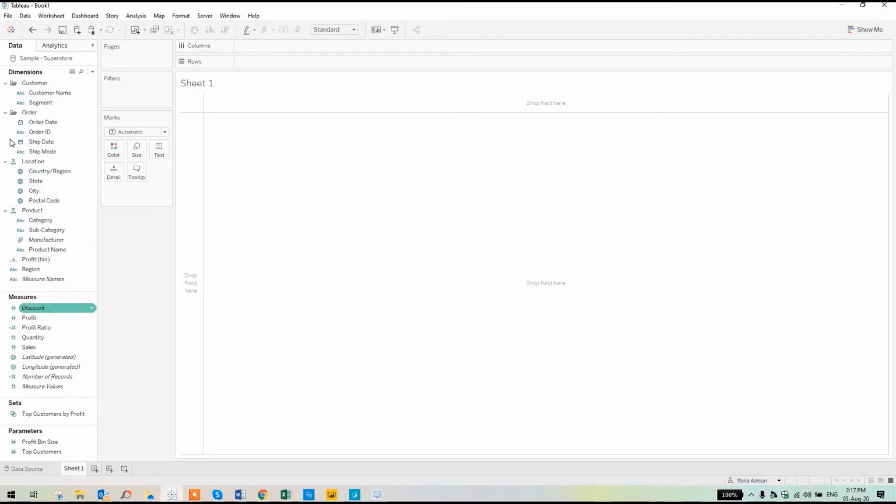You can see these symbols or icons adjacent to the fields. We call these fields, and these fields are imported from the underlying data source, which in my scenario is Sample Superstore, an Excel sheet, I suppose.